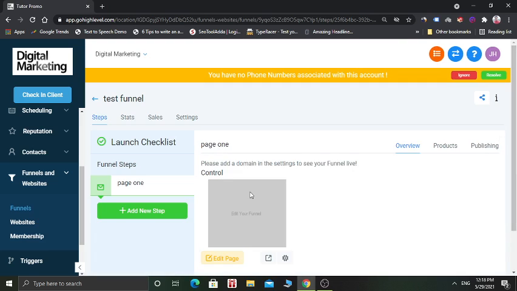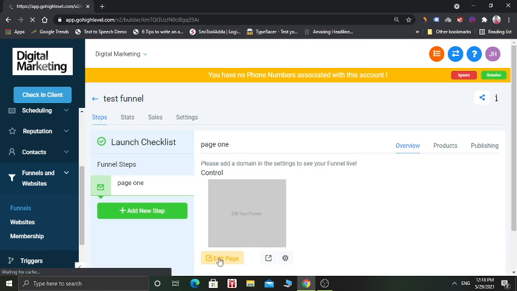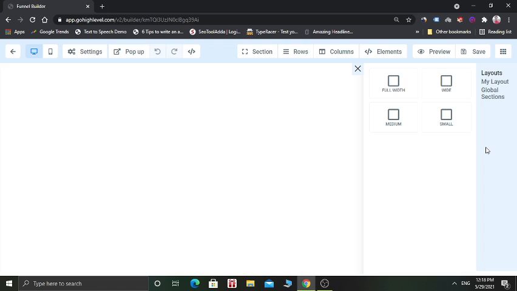Now this is the first funnel step, and you can edit anything in this page. Let's edit this page. Here you will see that everything is blank. Now you have to add some columns into the page. First of all, you can see that there are 4 types of columns available, like full width, wide, medium and small.